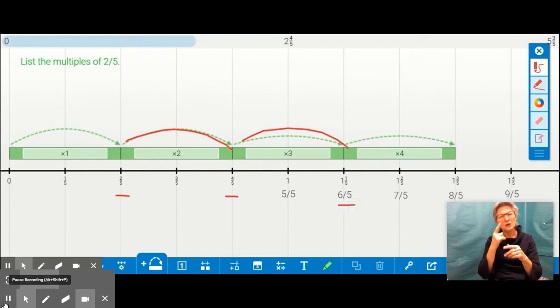So I'm noticing a pattern. I have 2/5, 4/5, 6/5. I'm counting by 2/5. Now we're going to do 2/5 times 4. 2/5 times 4 is 8/5. If I continued on and I did 2/5 times 5, I would then get 10/5, which also follows this pattern. So if I were going to list them, I would write